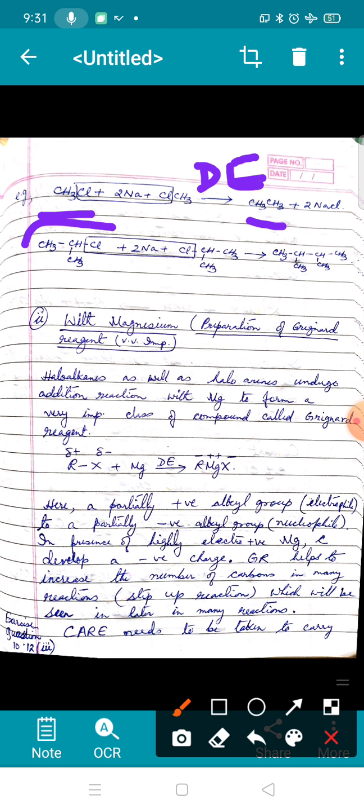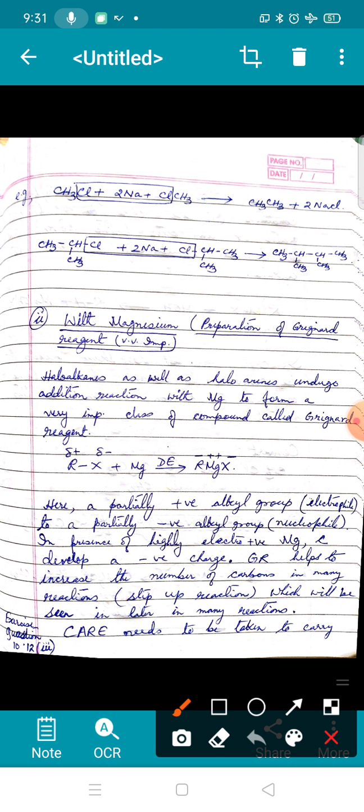Then here you see the haloalkane I have chosen has 3 carbons and the product has 6. But note here, the 6 carbons are not in a chain, but the alkane which has formed is symmetrical. You can divide it into 2 equal parts. That has to be there. Only an even number will not do. It has to be symmetrical. Okay. Next is reaction with magnesium.